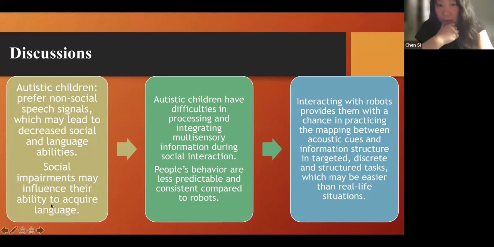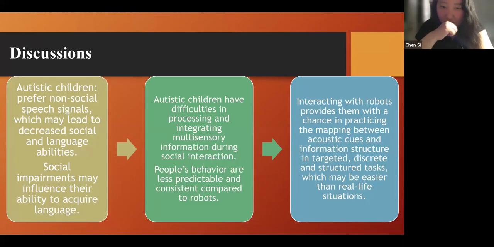And autistic children have difficulties in processing and integrating multisensory information. So they need to process both visual and auditory information, which can be very challenging for them. And it's also very hard for them to integrate both the visual and the auditory information.